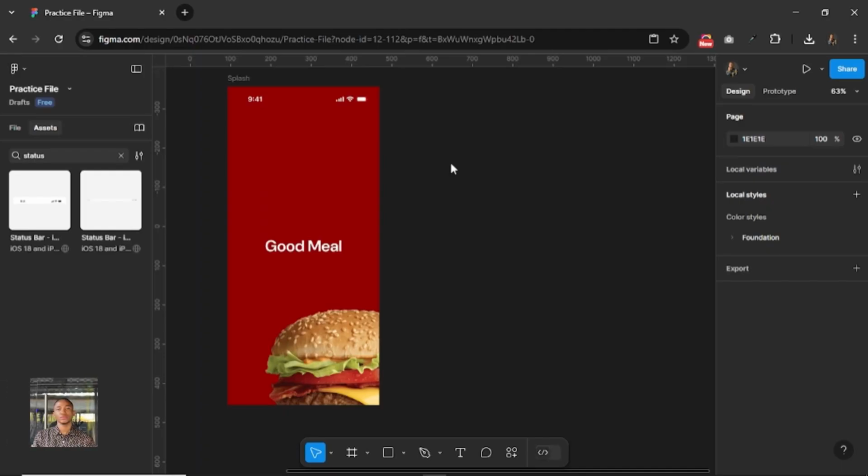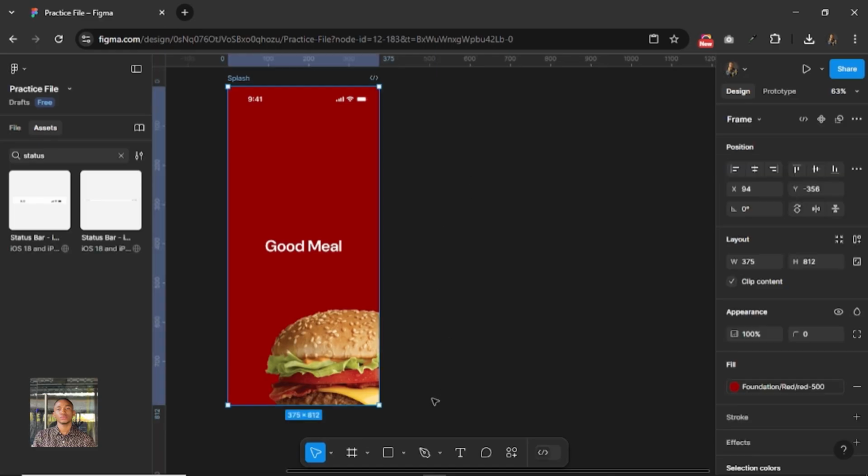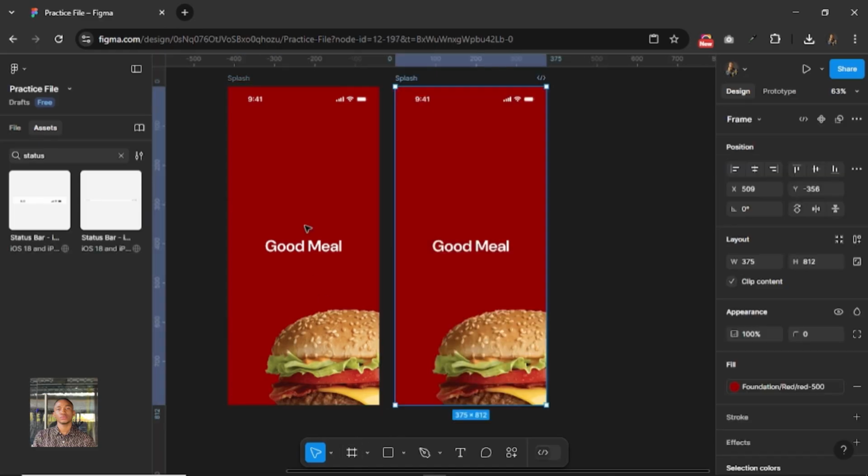So next we are going to be designing our home. I'm just going to duplicate this. So I'm going to name this home,